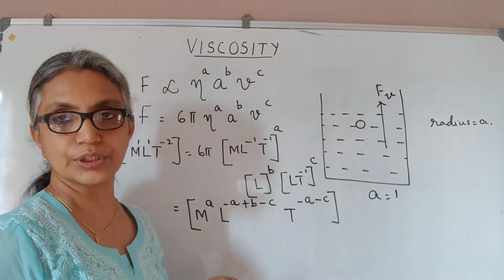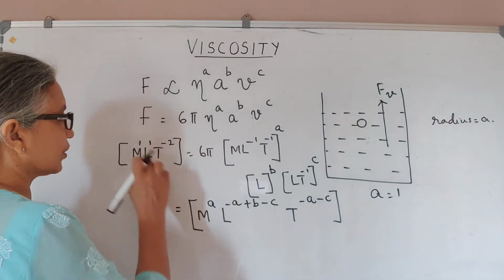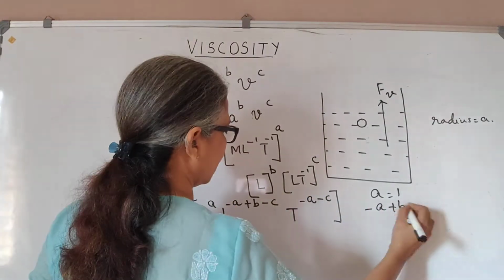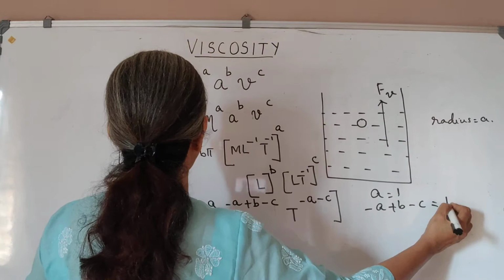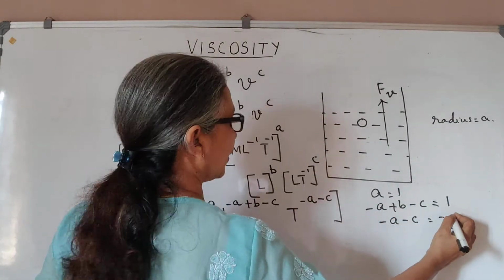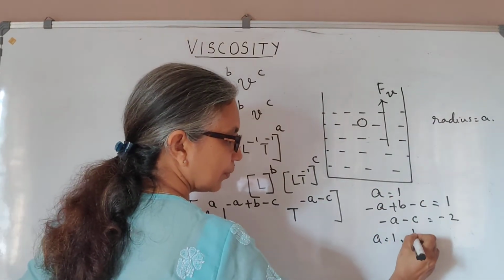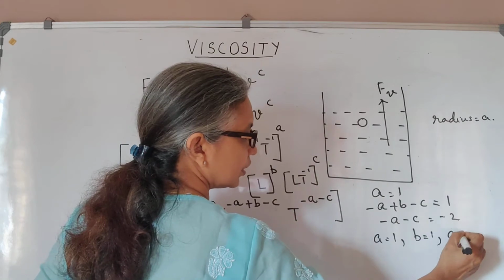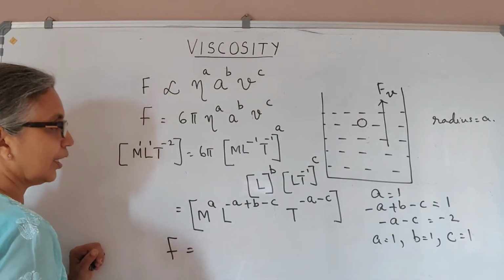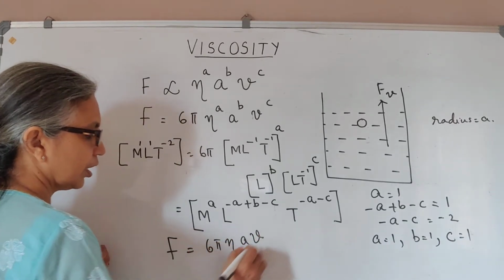By the principle of homogeneity, we know that the dimensional powers must be the same. So we have minus a plus b minus c equal to 1, and minus a minus c equal to minus 2. If you solve this, you will see a is equal to 1, b is also equal to 1, c is also equal to 1, which means we have our equation for F as 6 pi eta a v,